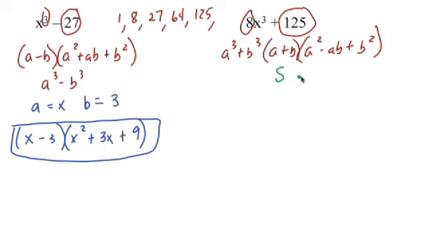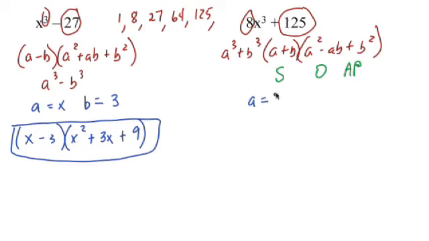The magic word is SOAP. SOAP stands for same sign as the original problem, opposite sign as the original problem, always positive. So that first sign, A plus B, matches the plus sign in the problem. The second sign, minus AB, is the opposite sign from the problem. And the last sign, you can compare the two formulas, is always plus. This is probably the easiest way I know to remember the signs, which is the only reason I bring it up. Okay, so now with this problem, all we have to do is identify our A and our B.